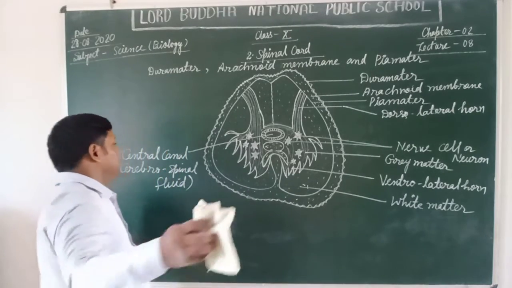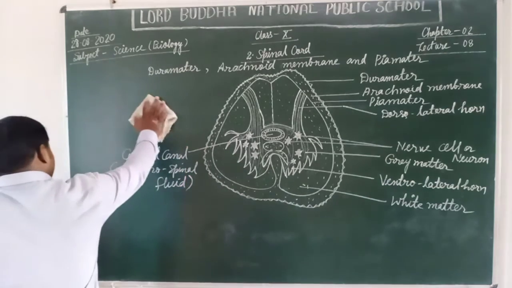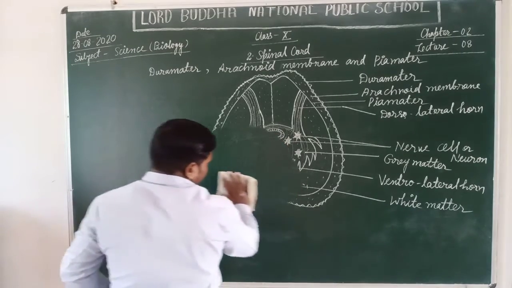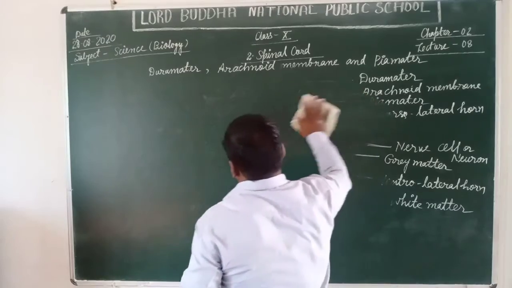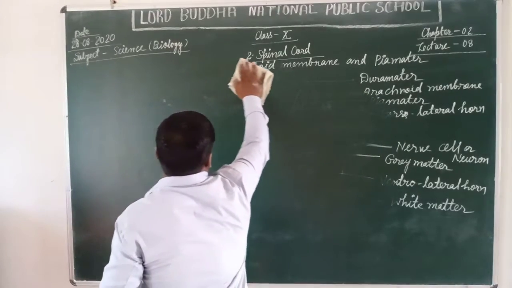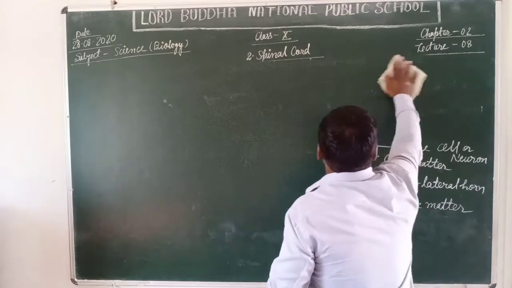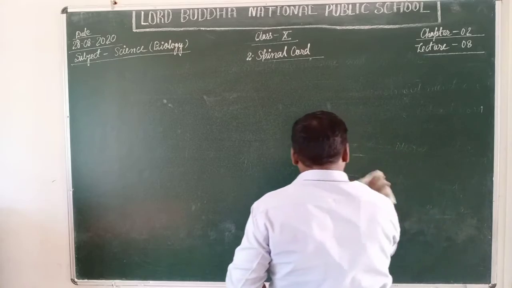Now here I am going to describe another part of the nervous system, that is the peripheral nervous system. Yes students, the peripheral nervous system, the second part of the human nervous system. The peripheral nervous system mainly consists of two types of